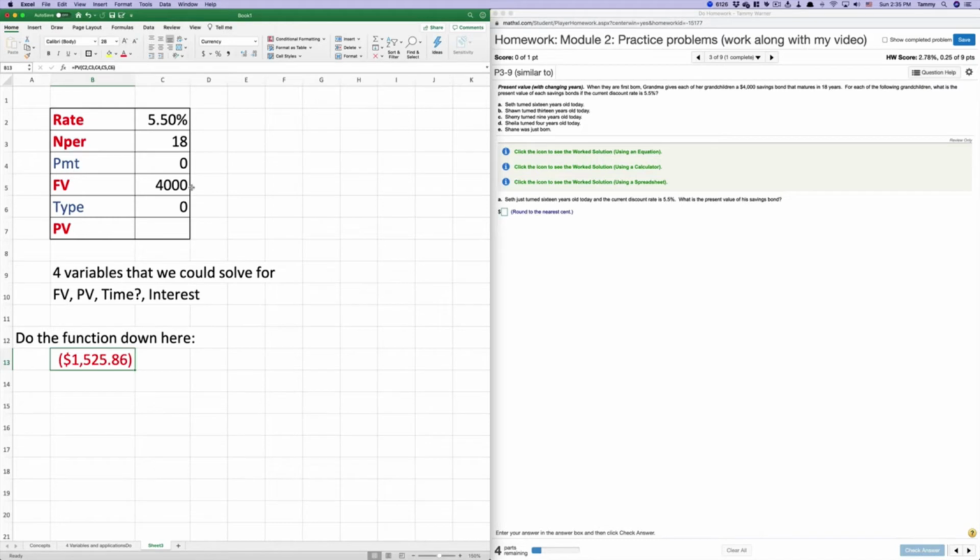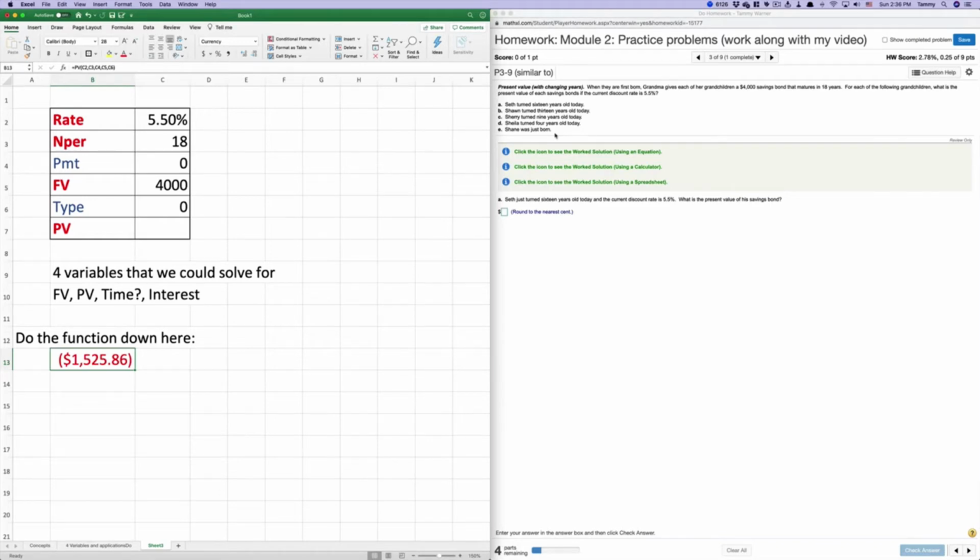Right, but that's not what the question is asking. Well, it's asking that for letter E here, right? Again, the tricky part is not setting up the function. The tricky part is figuring out how to attack these problems, right? So let's look at the question again. When they're first born, Grandma gives each of her grandchildren a $4,000 savings bond that matures in 18 years. For each of the following grandchildren, what is the present value of each savings bond if the current discount rate is 5.5? So Shane, our baby, his present value is